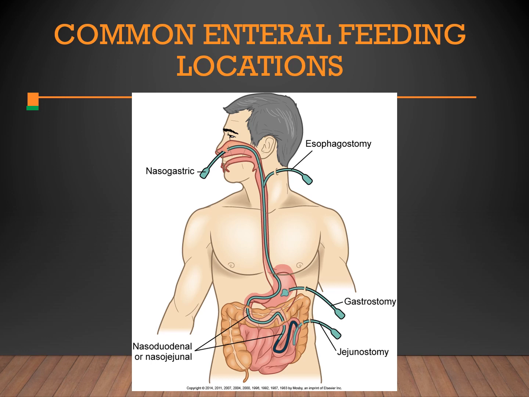Common feeding site locations. The tube is named for where the tube ends up in the anatomy and physiology. So you have the nasogastric. This is a temporary tubing, so this one goes through the nose and into the stomach. This can also be used for bowel obstructions or anything that we want to pull out of. So when you have an NG tube, you want to think, are things going into the body or coming out of the body? When we're using it for nutrition, it goes in through the nose into the stomach.